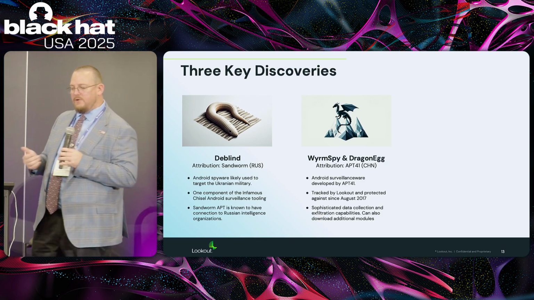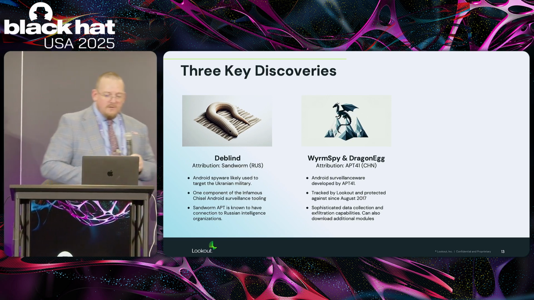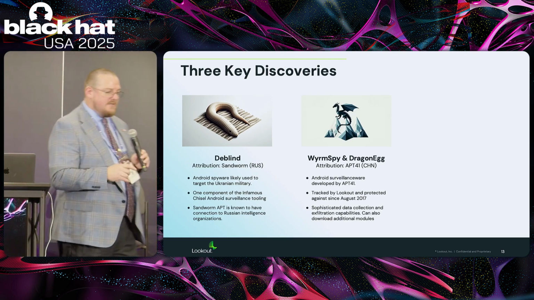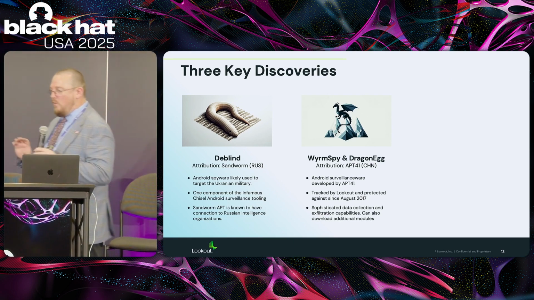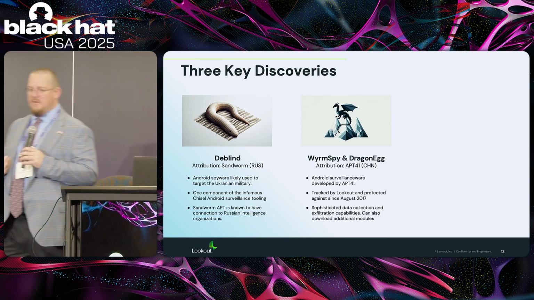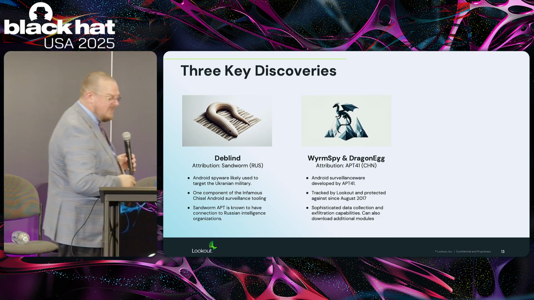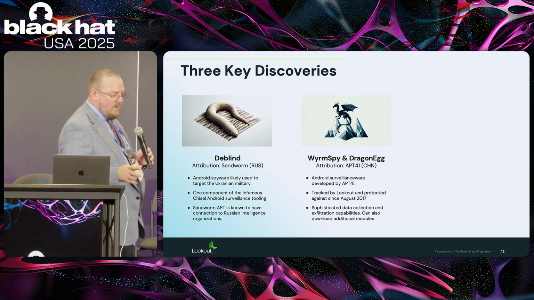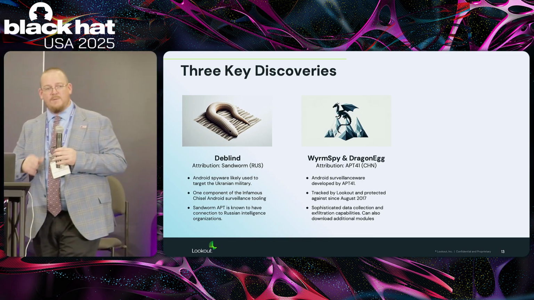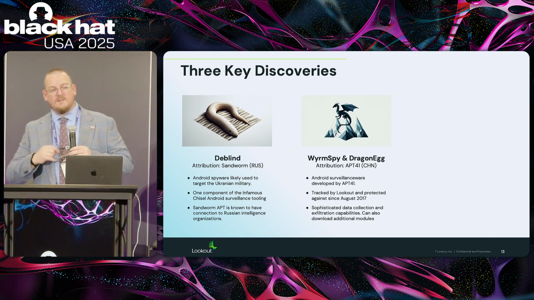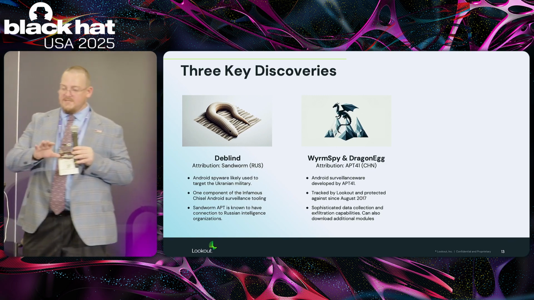Worm Spy and Dragon Egg was really interesting. This is APT 41, I was talking a little bit earlier on. What's been kind of interesting here is watching China actually upgrade their tooling. And when they upgrade their tooling, they're using some of the same compromised systems. In this case, there was a particular certificate that was getting reused. But this malware enables them to have pretty close to the same types of capabilities as various different surveillanceware software that's out there today, just specifically for mobile.